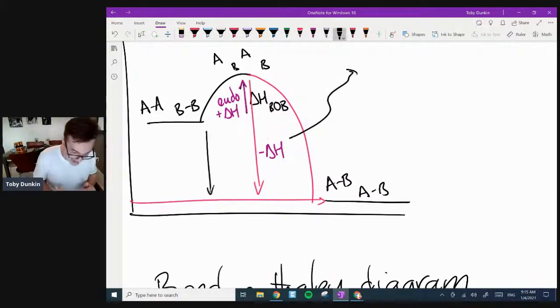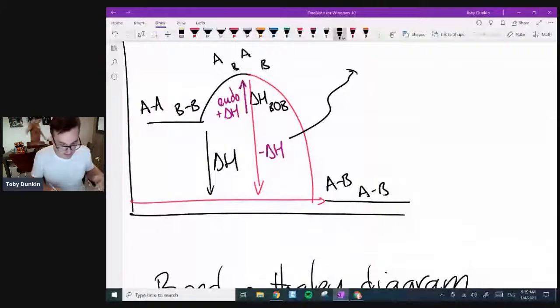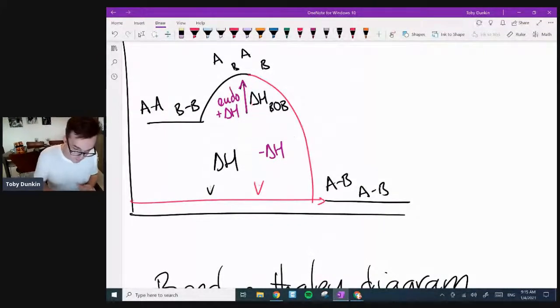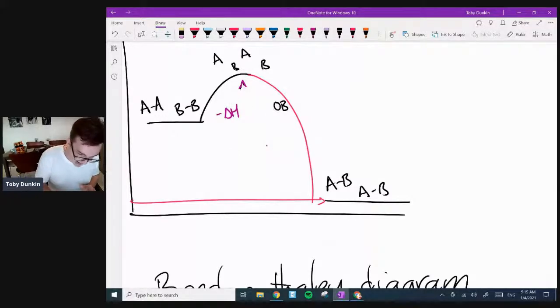That's the enthalpy change of the reaction, the overall energy change between the bonds being broken and the bonds being made. So the bonds are getting stronger. What that now means is we now need to link this back to butane.